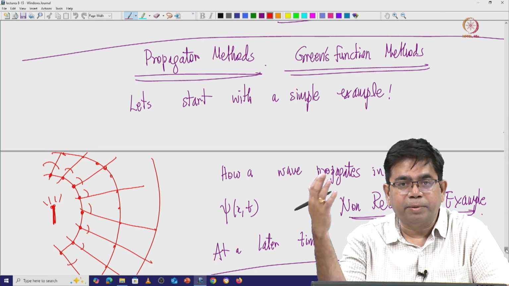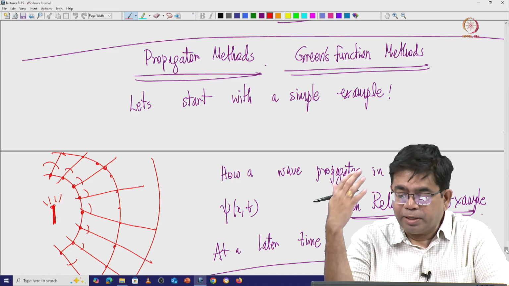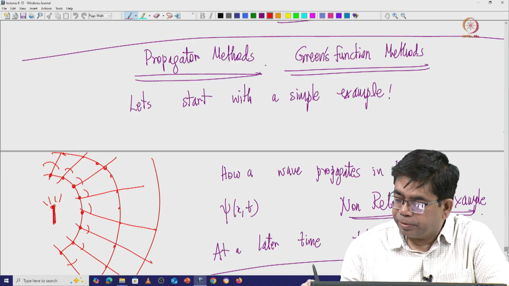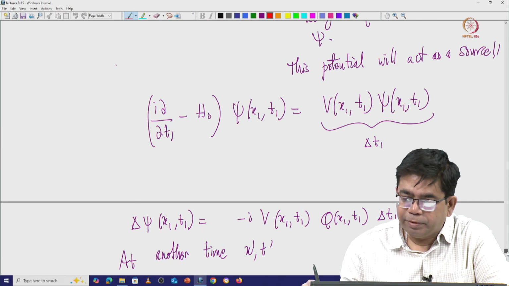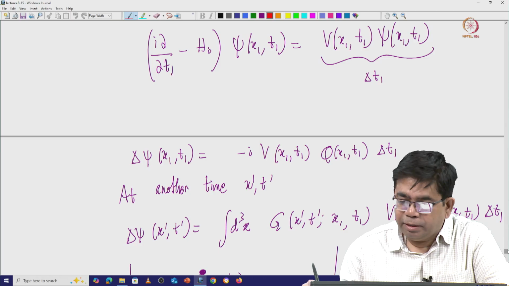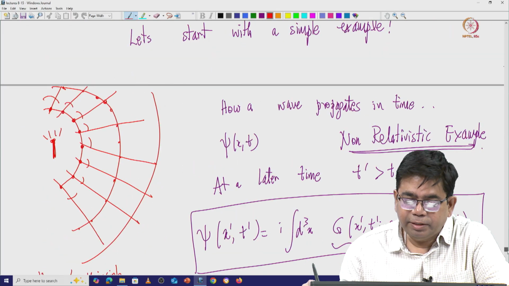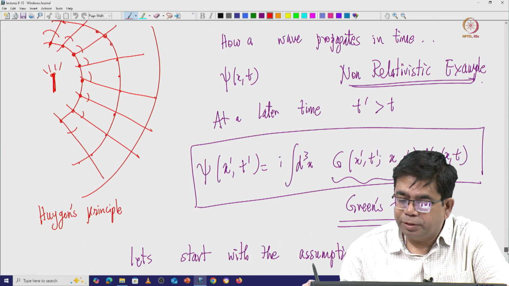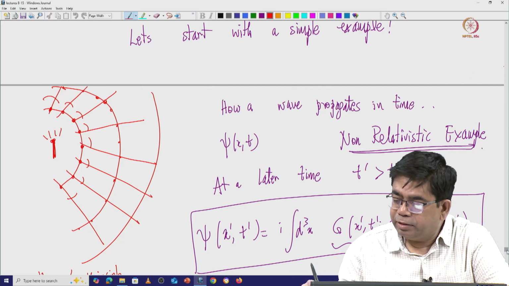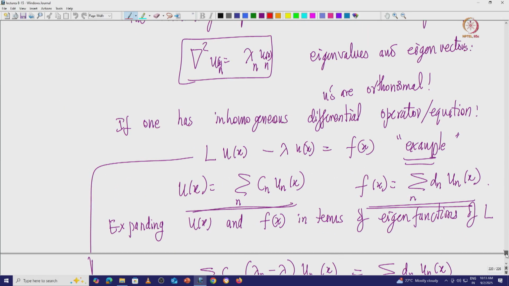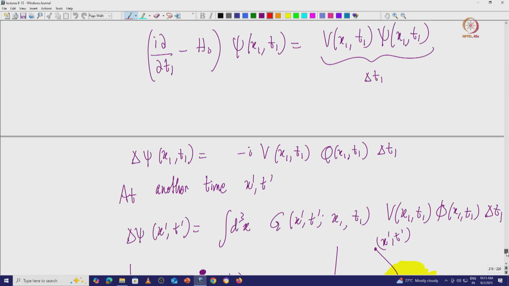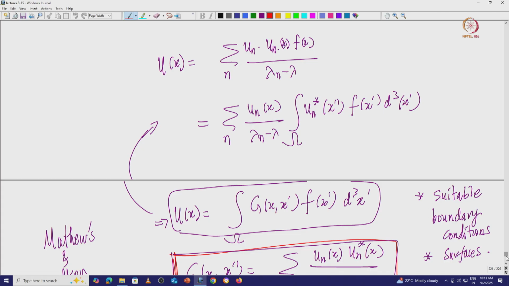It is a much more generic method, and it is a precursor to how to get this propagator. We started looking at the Schrodinger equation and started deriving this propagator with it. So we started with the Schrodinger wave equation at a given time t. We followed the methods of time dependent perturbation theory, and then showed that